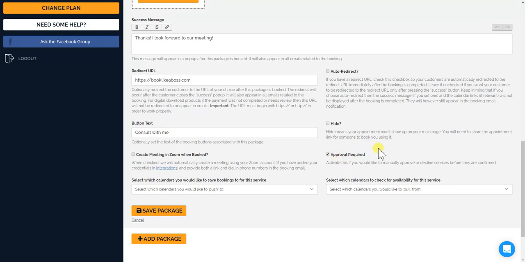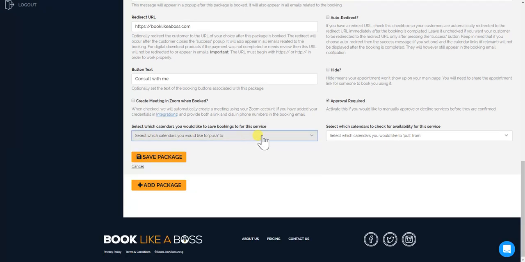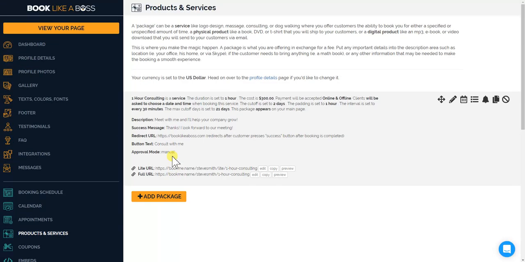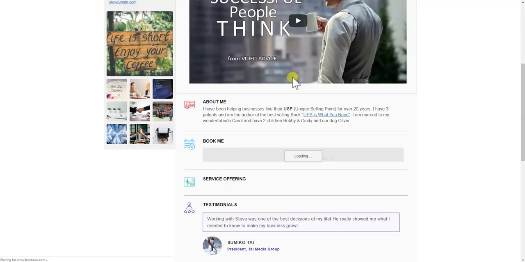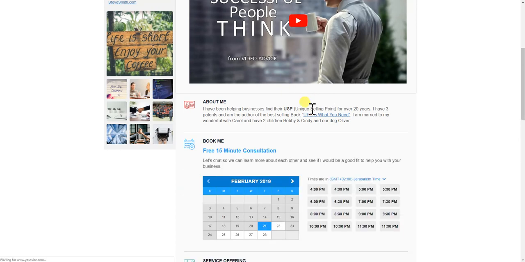That way I'm able to reschedule if I need to, and I'll show you how that works as well. We're going to push to both my calendars, in both ways, double sync, and click Save Package. Let's take a look how this looks now, view your page. So you can see this is the page we set up already, and you'll see that you have the